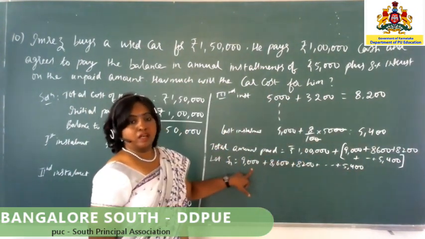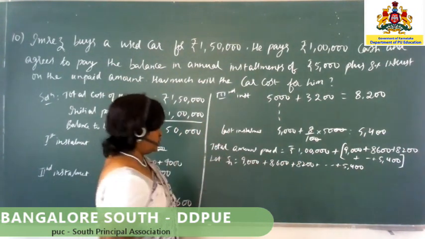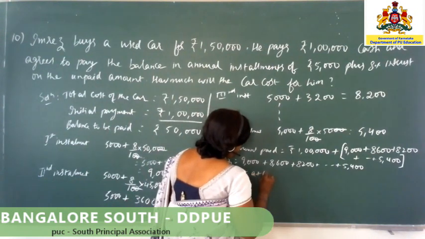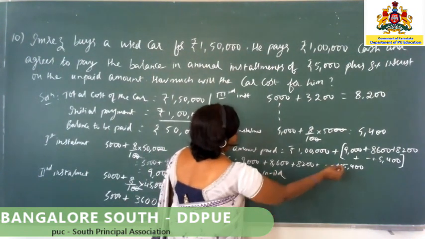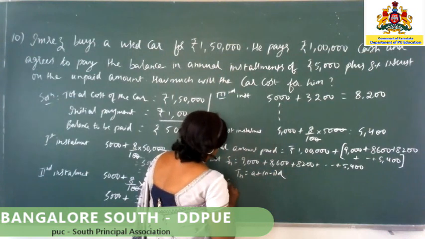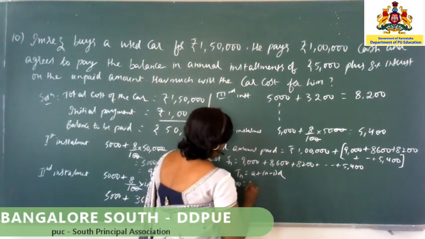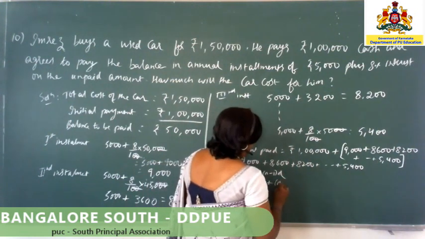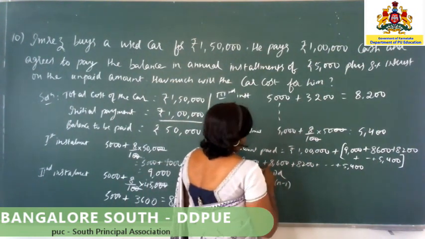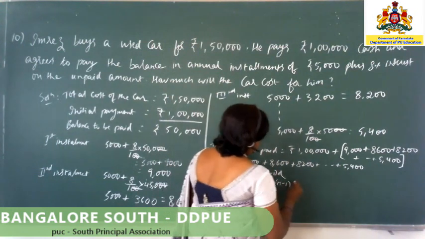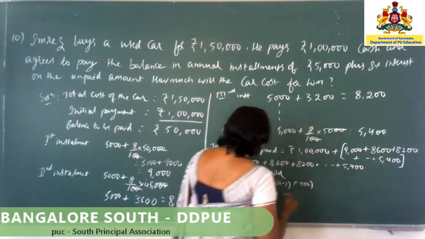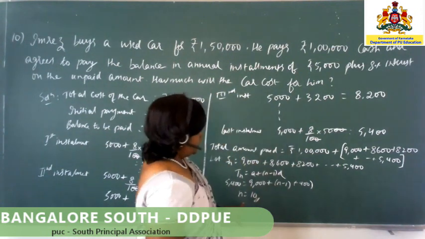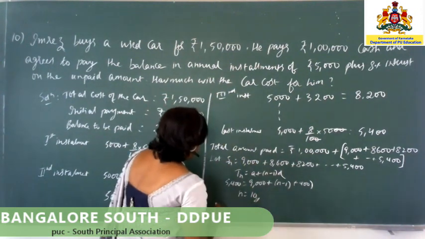So find out the n value by using the Tn formula. Tn is equal to a plus n minus 1 into d. So Tn, the nth term, I can take as 5400, is equal to a, which is 9000, plus n minus 1 into d, which is 8600 minus 9000, so minus 400. So I'll be getting n is equal to 10. So S10 is equal to